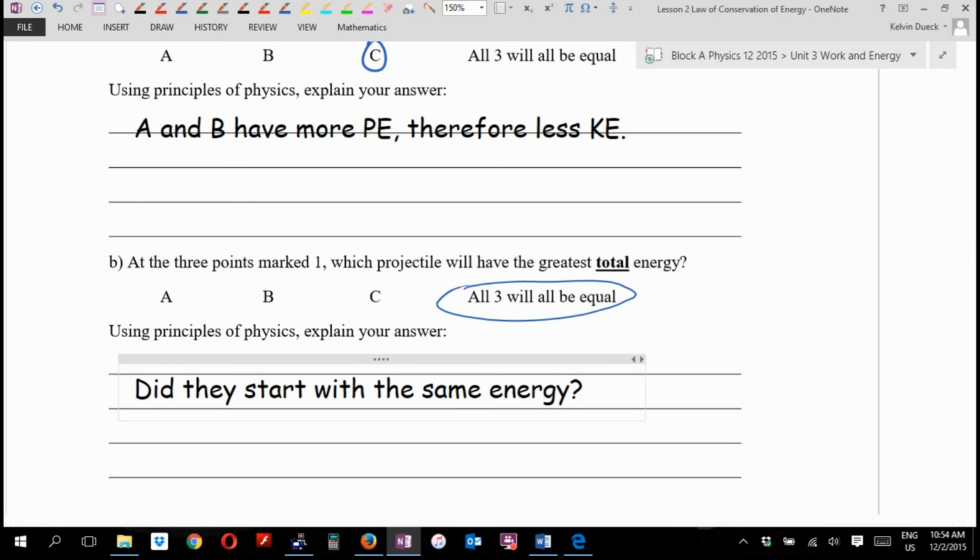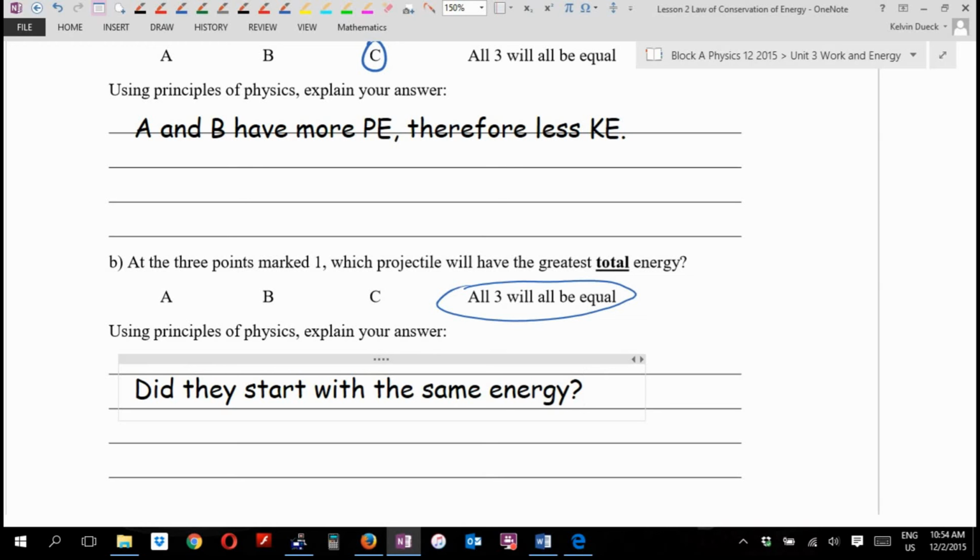Because what was their initial source of energy? What was their initial type of energy? Are they starting on the ground? Yes. So what was their initial potential energy? 0. Did they start with the same speed? So did they have the same kinetic energy? And that's the total energy. Energy can't vanish. They have the same total energy